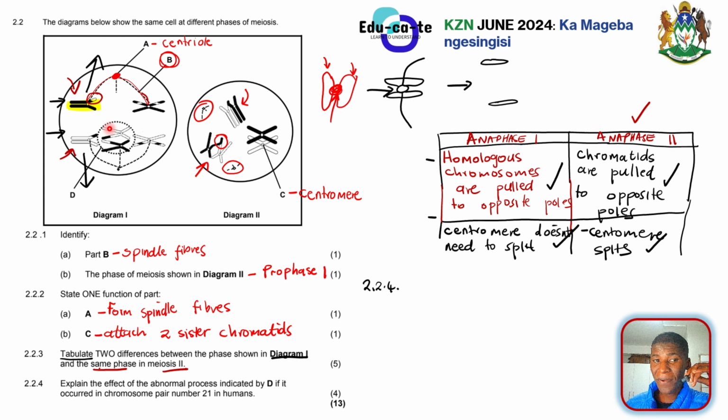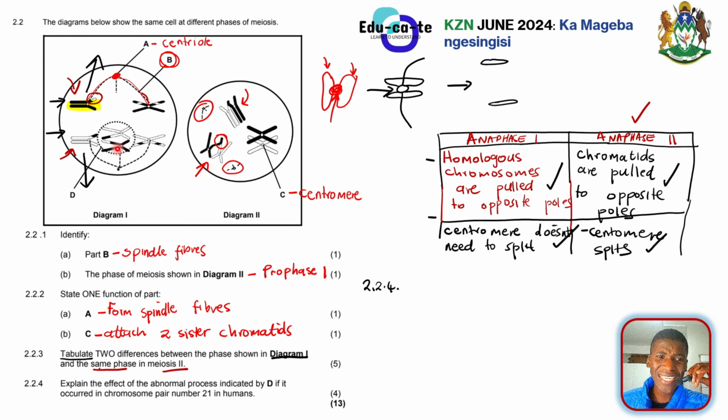We were supposed to separate them, and they were supposed to move to opposite poles or opposite sides of the cell. But now, you can see that these 2 are stuck together. This spindle fiber is not attached to anything. Because remember that these spindle fibers that are on top must be attached to the chromosomes that will be taken up, and then these spindle fibers that are at the bottom must be attached to the chromosomes that must be taken to the lower pole, that must be pulled down by the spindle fibers.